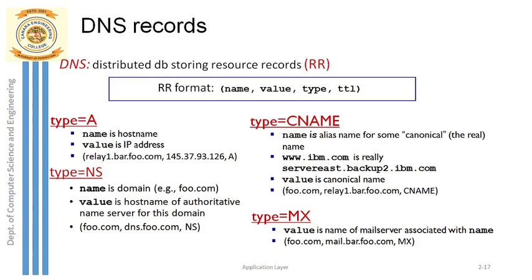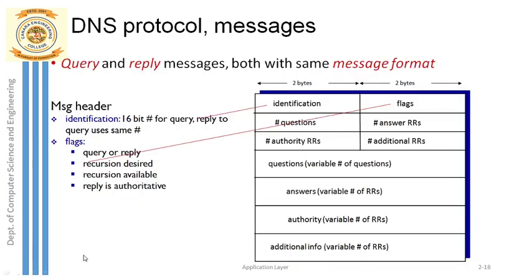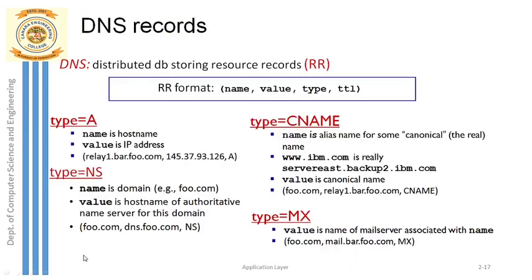Next comes our type NS record. What is this type NS record? It gives you the authoritative DNS server's name. So this is a way for you to reach the authoritative DNS server. Which server would give us this type of record? It is one level higher than the authoritative DNS server, the TLD DNS server, which will have this type of record stored in it, showing you the path to reach the authoritative DNS server.